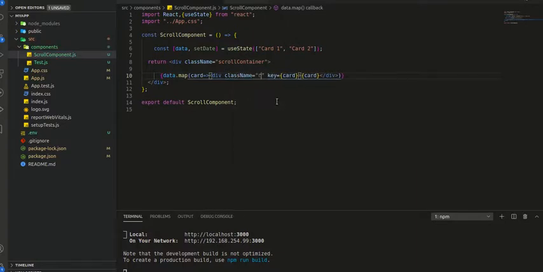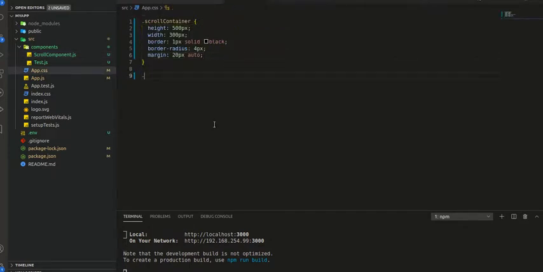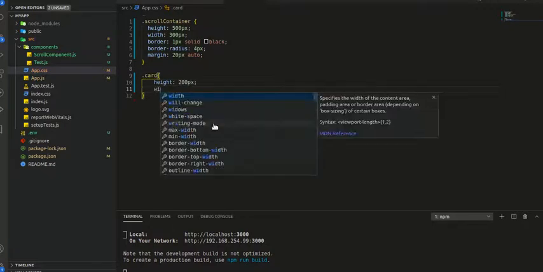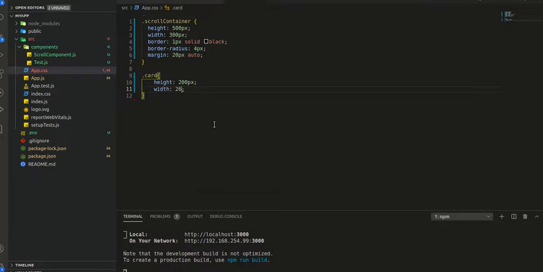So for that, I will add a className of card, and here I would like to give the card a height of, let's say, for now 200 pixel. Width I want to give 260 pixel. So we have 300 pixel width of the parent container and card width of 260 pixels. So now we are remaining with 40 pixels. So I want to give margin of 20 pixel each, so that it will accommodate all the 300 pixel.